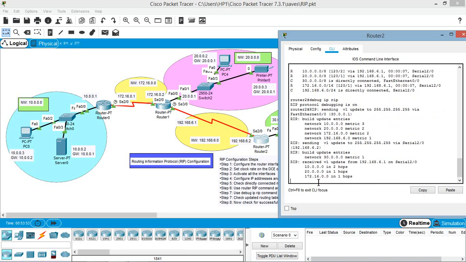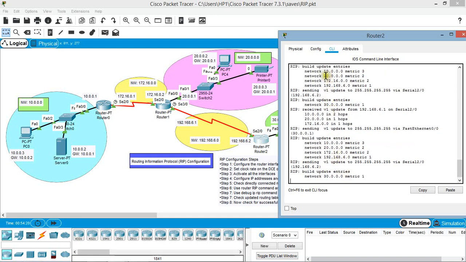Yes, you can see here that router 2 is sending the version 1 update. It broadcasts the version 1 update via the fast Ethernet interface 0/0. This IP 255.255.255.255 is a broadcast IP address, and it also receives the update from its neighbors, and based on those updates it updates its routing table.